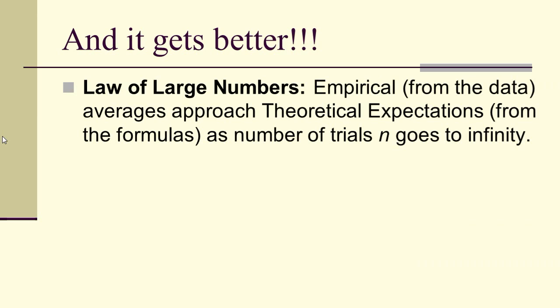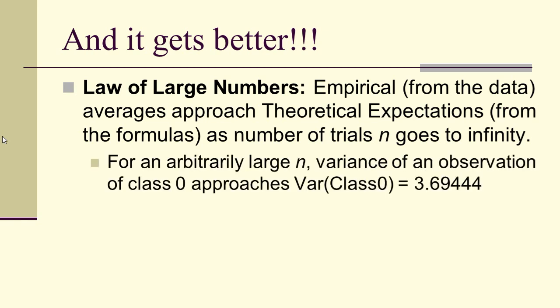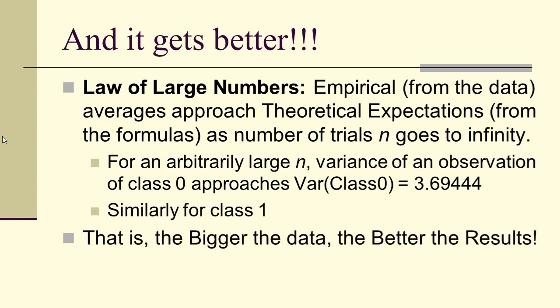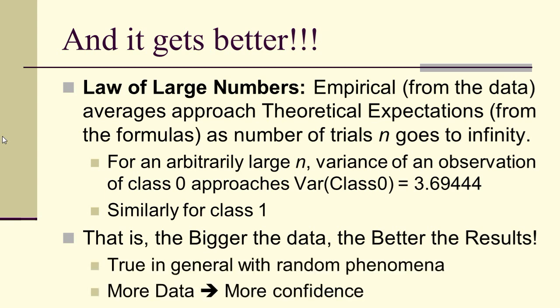One of the nice things about random processes is the law of large numbers. We can get empirical averages to approach theoretical expectations as we simply let the number of trials go to infinity. So that means for an arbitrarily large n, the variance will approach exactly 3.6944 or smaller. And similarly for class 1. The more data we have, the better the results. This is true in general with random phenomena. More data implies